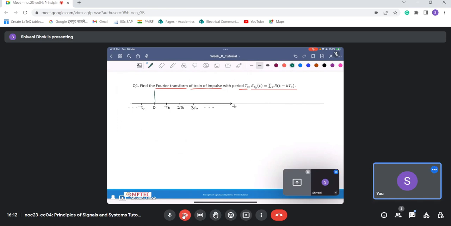So we have an impulse at t equal to 0, which is repeated at t equal to t naught, then at t equal to 2 t naught, 3 t naught, and so on, at every integer multiple of t naught, and also at negative parts, something like this. So this is the time axis, and this is simply delta t naught of t. So basically this is a periodic signal. This train of impulses is periodic with period t naught,